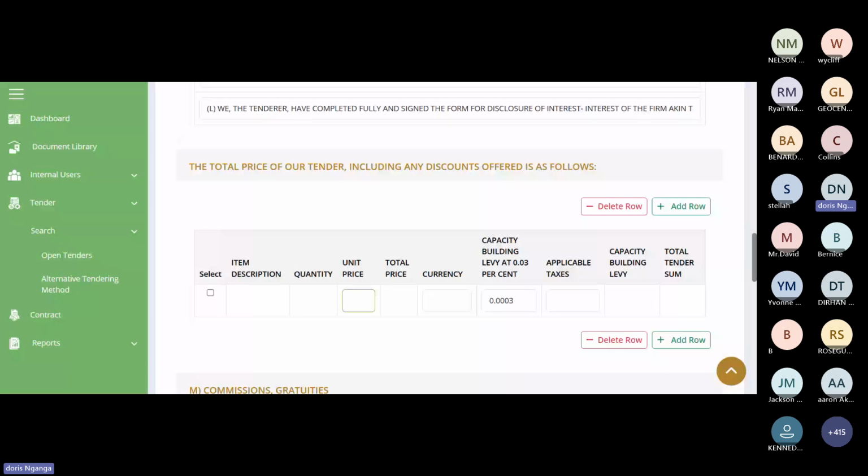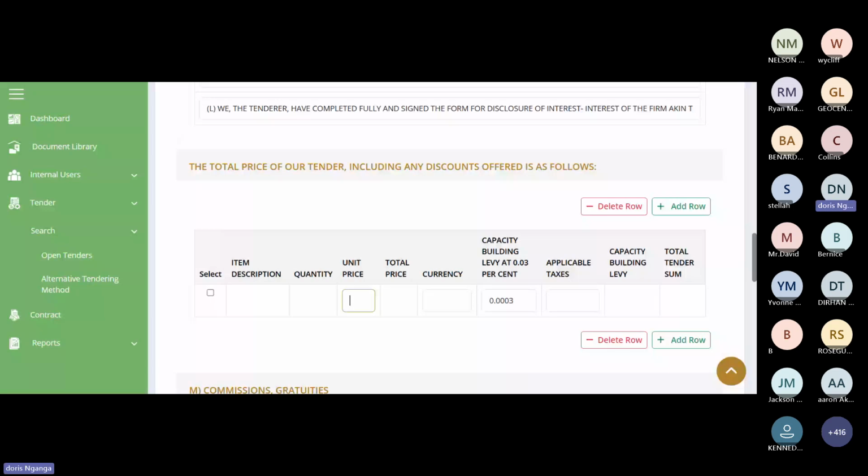The items are not populating in the item description, as you can see. But in the live environment, once you are bidding for items, the item description will be displayed and the quantity. So for you, you'll be giving us the unit price as you intend to bid for that item to the procuring entity.